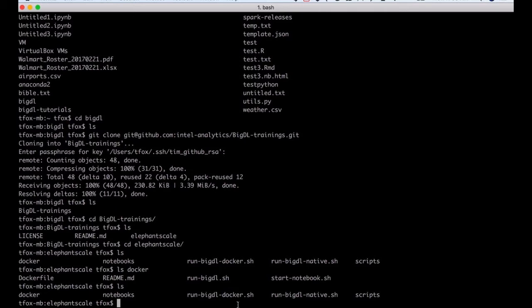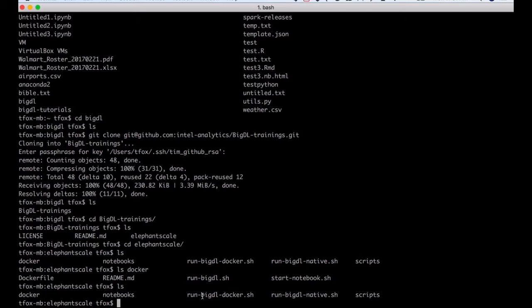Now there's a couple scripts here. One is run BigDL native. What that will do is run BigDL locally on your own box, as long as our laptop or other box supports that. We're going to run with run BigDL Docker, which is what I'm going to demonstrate here.